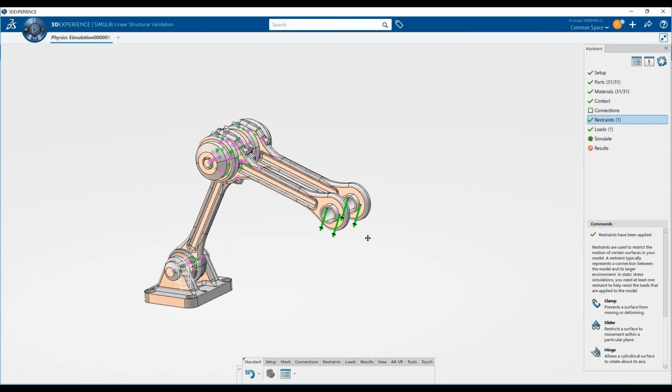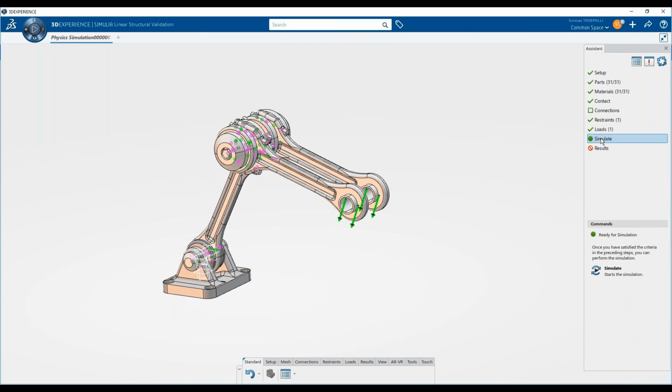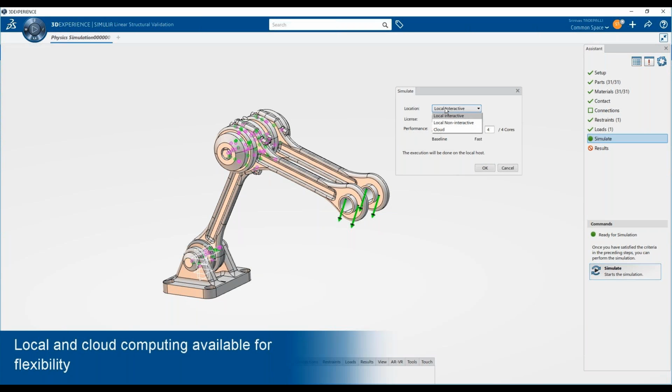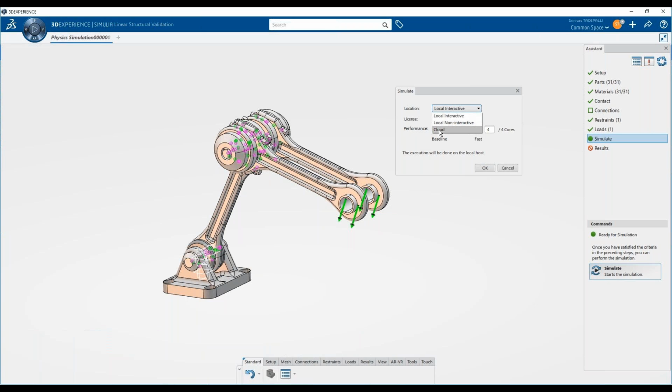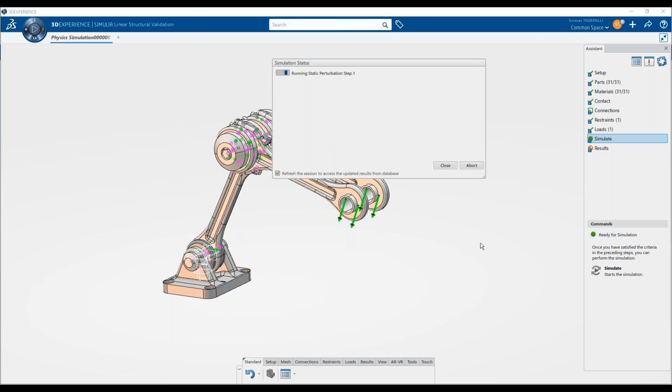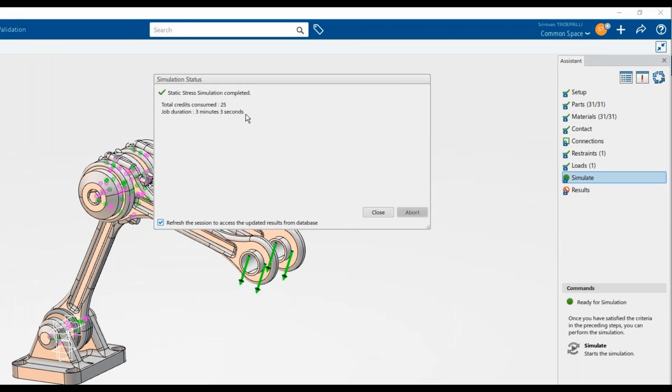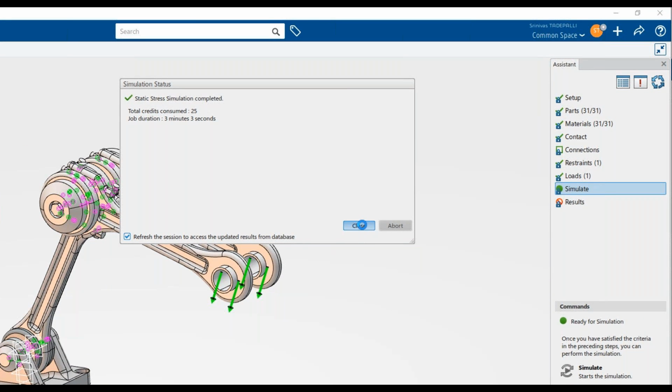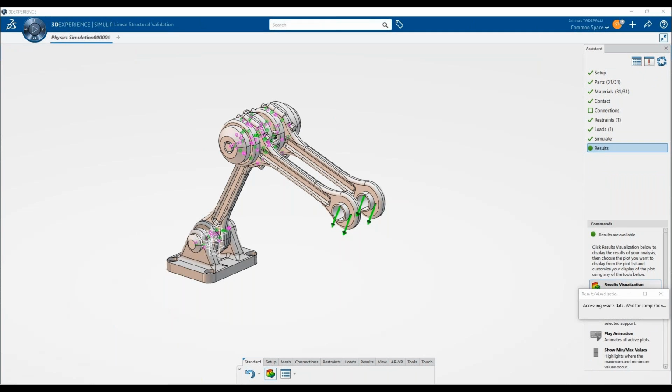You don't speak about meshing, you don't speak about everything, and here you launch the simulation. Once the simulation is loaded, you can select, of course, local cores or cloud capabilities, and it uses the Abaqus solver, which is one of the most powerful solvers in simulation worldwide.